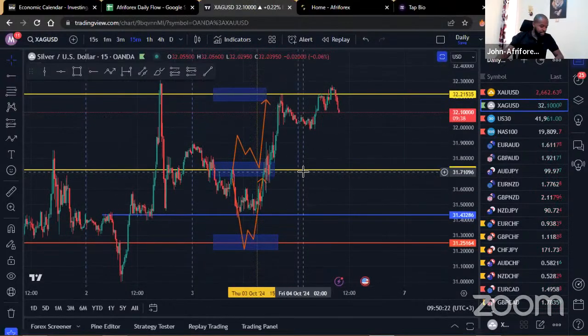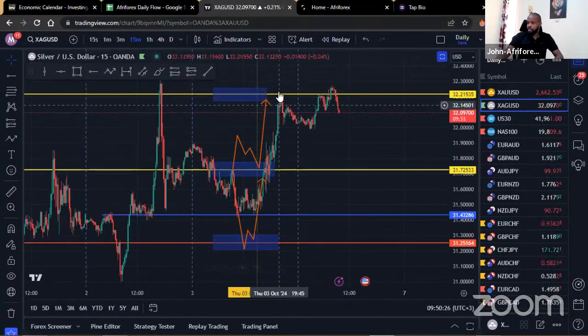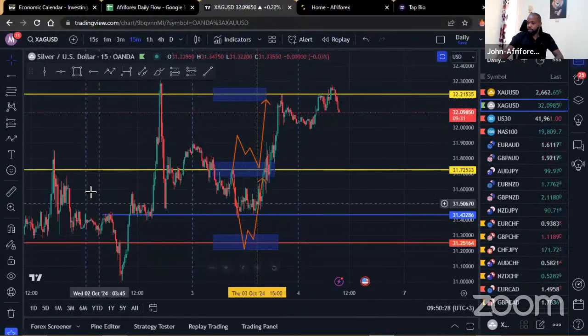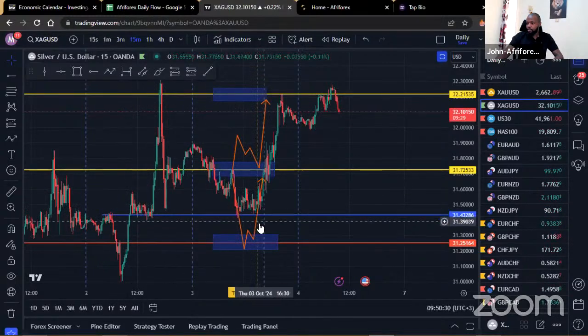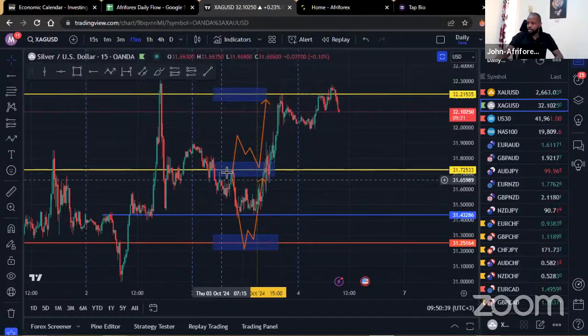So for silver yesterday, the bias was to try and see whether we could have gotten some buying opportunities. You can see the three regions that Mitch had pointed out, and also an extra level right there. In the morning, price was somewhere here. We're expecting either the market to break above this region to the upside and hold above this area to look for the buys. That didn't happen.